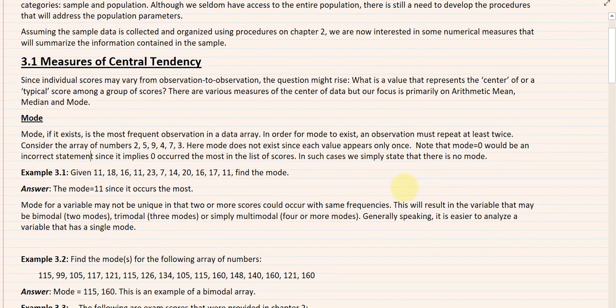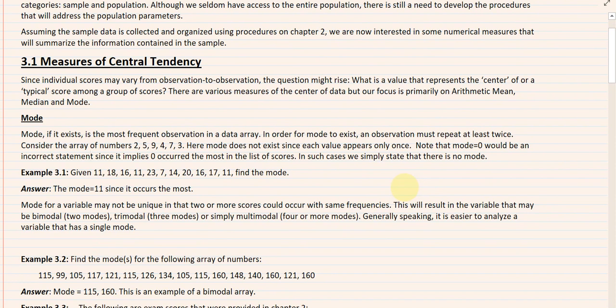And let's take a look at another data set. Now, one of the drawbacks of the mode, by the way, as a measure of a typical value, is that it may not exist. In the one that we had, the modal value was 11. That means 11 occurs the most. So 11 becomes kind of like a representative of all of these numbers that you see in example 1. Now,